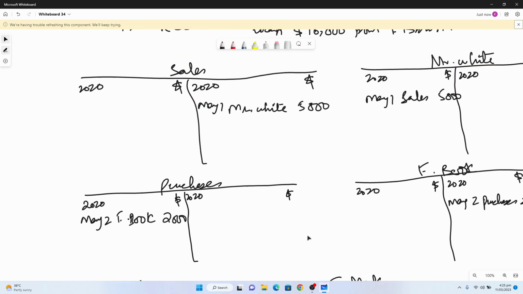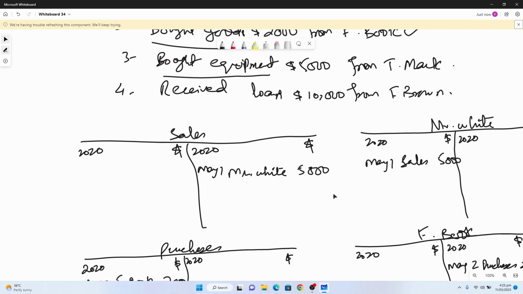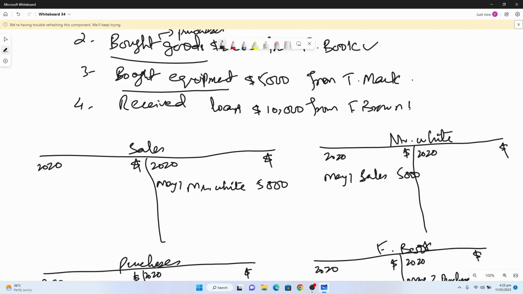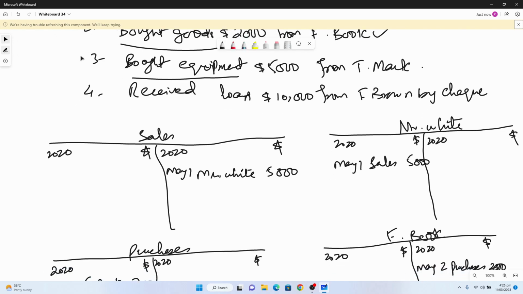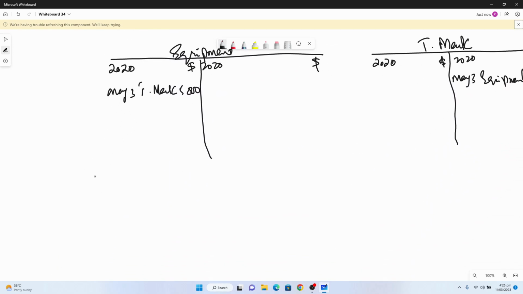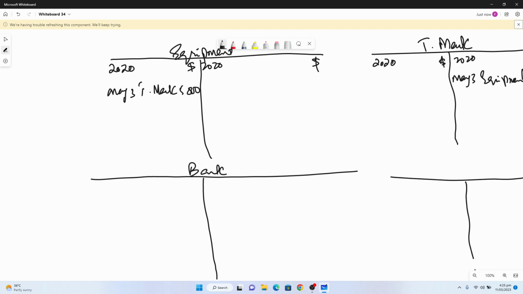The last T account before we go to the balancing part, received loan 10,000 from F Brown, and I have not written down how it is being received. I'll write it down by check. So we'll make two T accounts, which is F Brown and bank T account. Whenever the word check is used, we'll write the bank T account. Okay, we use the bank T account. So let's write it down. Bank, and the second T account is F Brown. Okay, so we'll just write it down, and